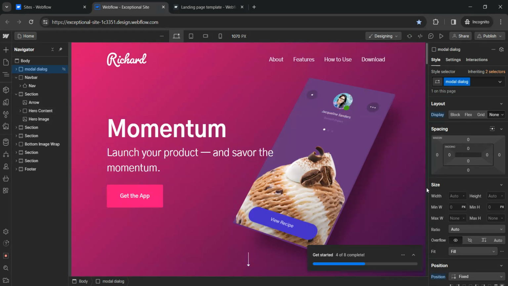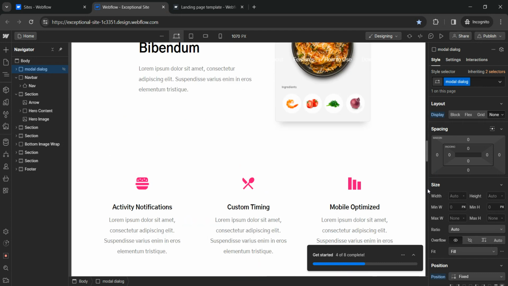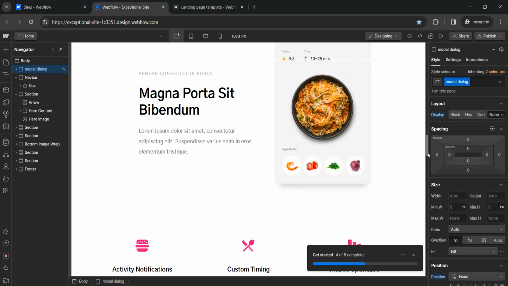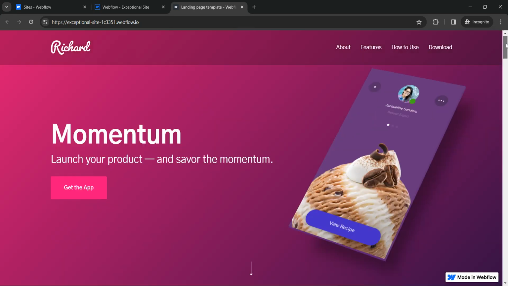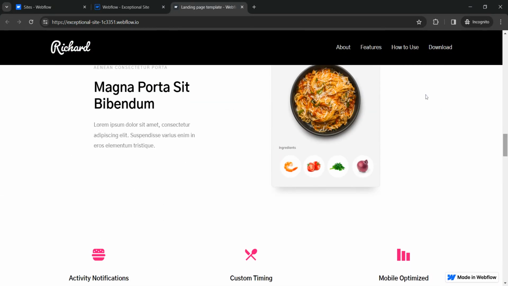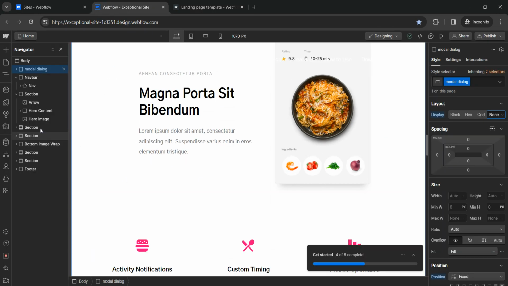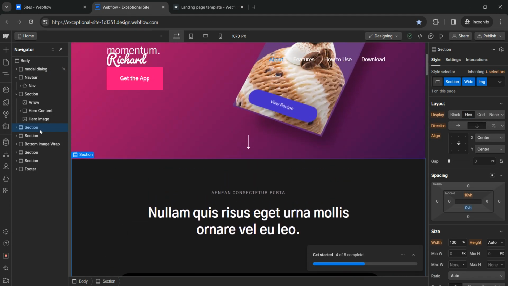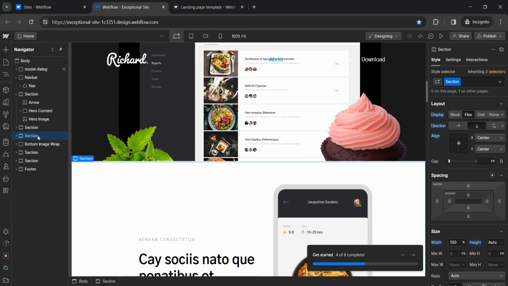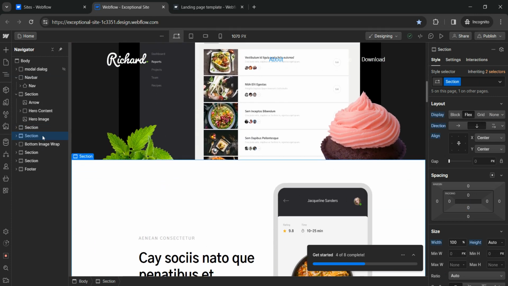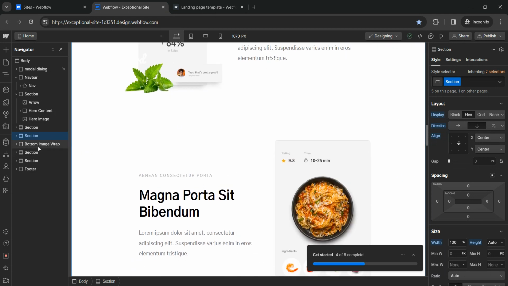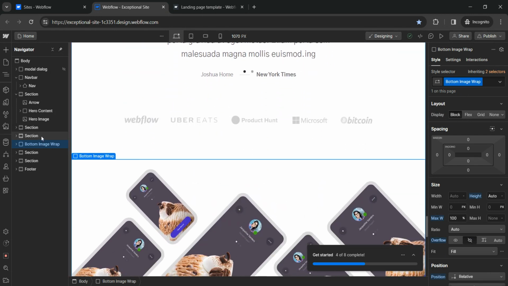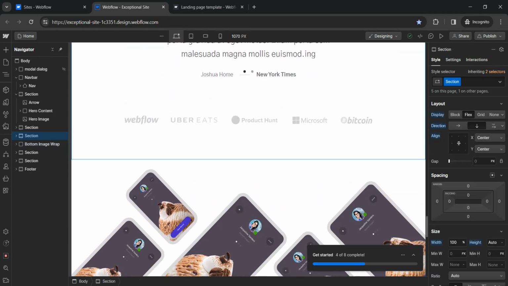And now we'll just select a section at which we want this pop-up to appear. So on the front end, depending on the length of the page, I want this pop-up to appear on this section. So I'll just select this section. Okay, this is not the section. This is also not. This is two more down. I'll just add the pop-up.